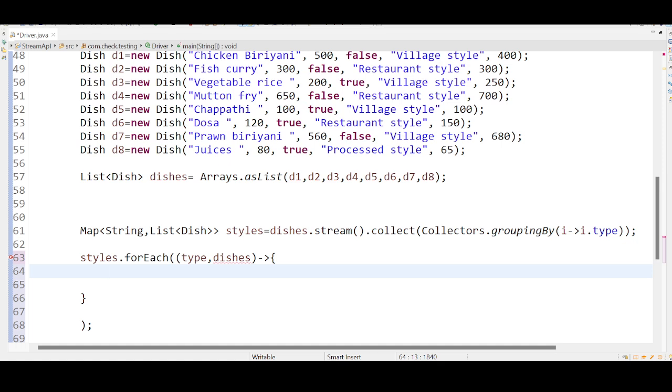Okay, dishes is already there. Let me take some other name like dishTypes. Type, dishTypes, reference variable name. What I want to do,